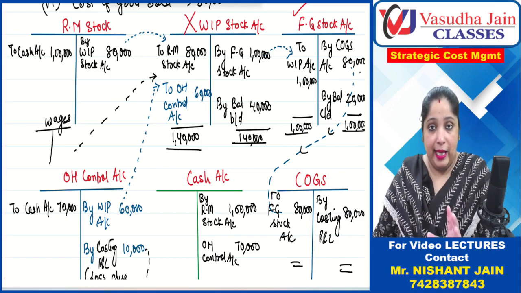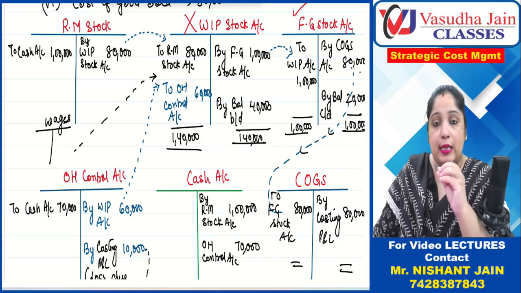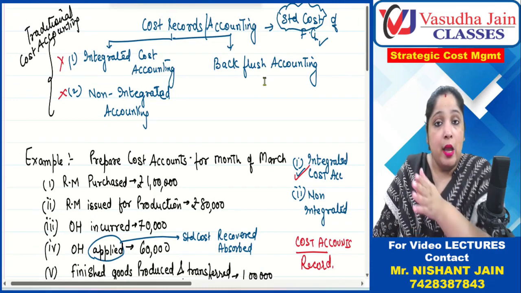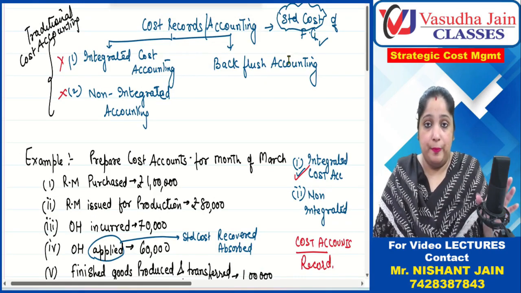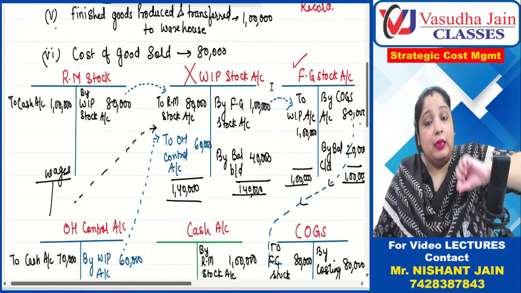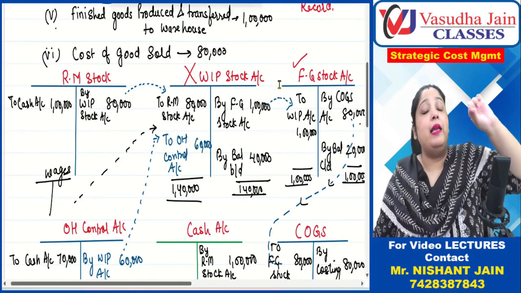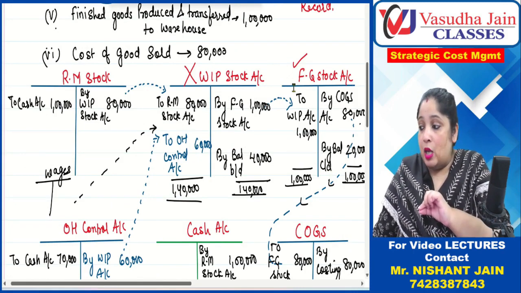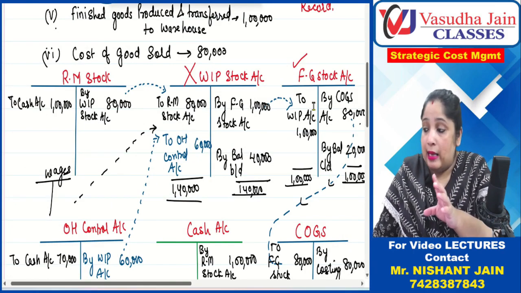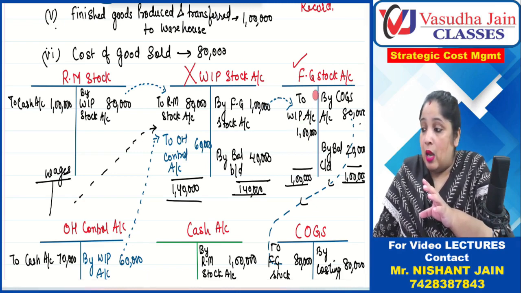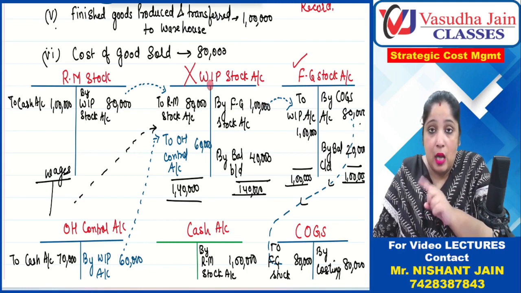The purpose, I will tell you why we do this. First of all, understand what we do in backflush accounting. In backflush accounting, we flush in the backward direction. That is, once the goods are made, then we record the valuation of finished goods. That means once finished goods have been made, then this entry will be passed. And since the work in progress account will not be made,